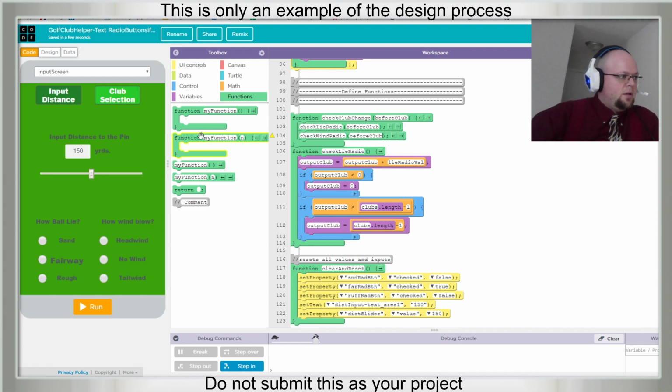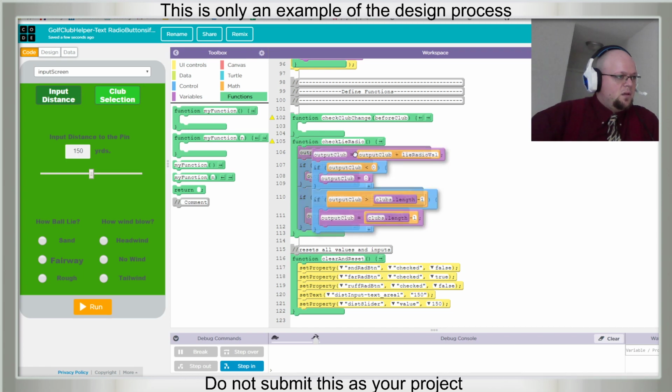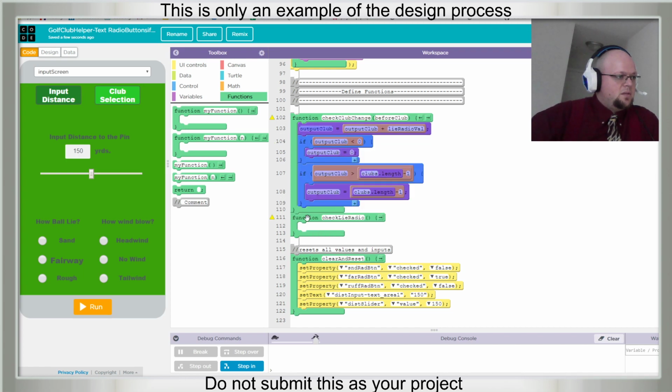And check lie radio and check. This really should be one function. I think using a return function is enough complexity, enough forced complexity. So output club is